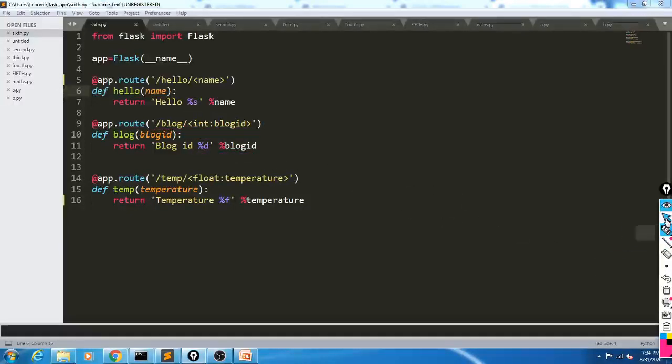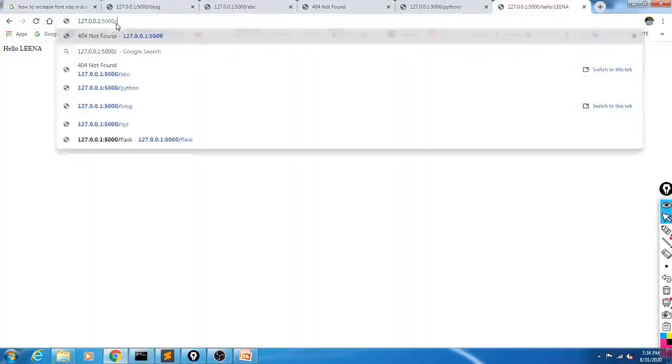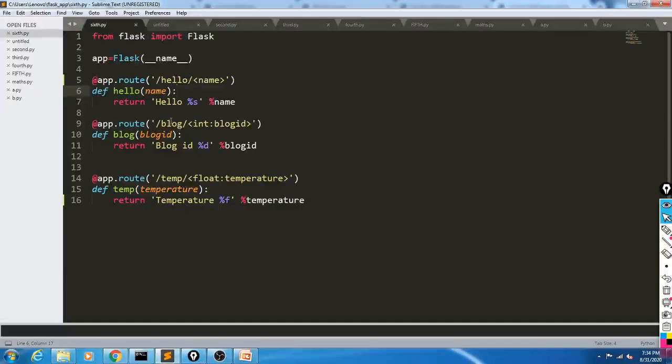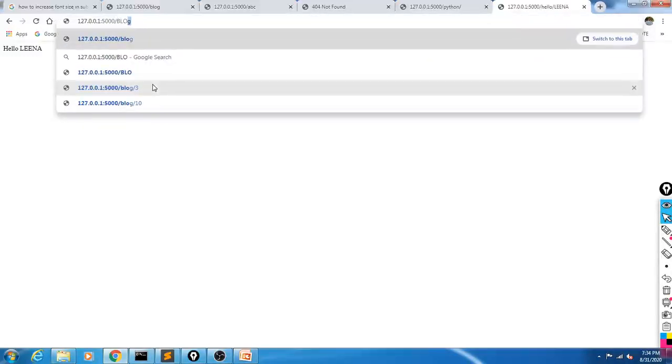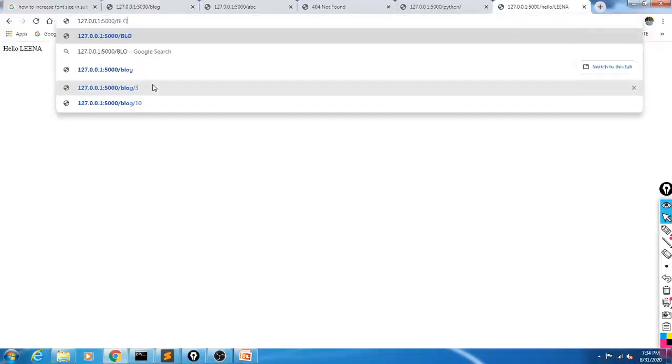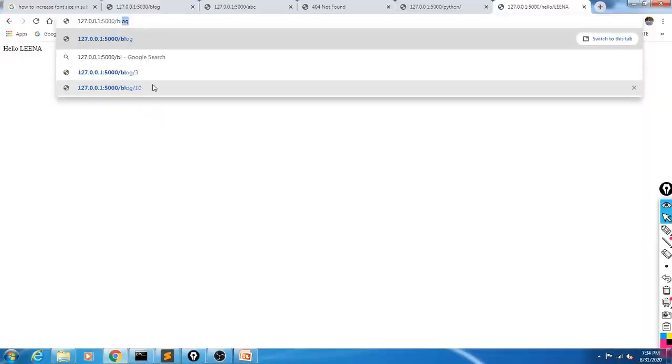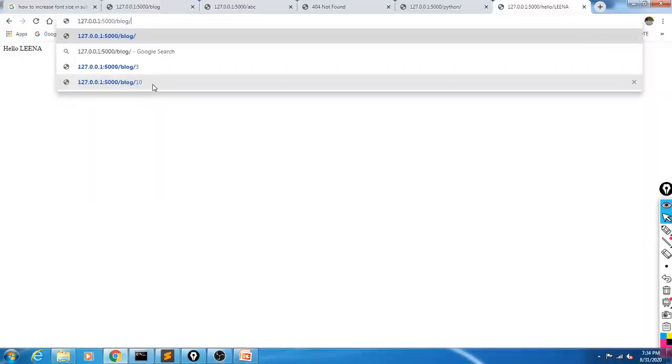So how does it execute? Look here. Again, right here, what is the name of the function? Yes, URL /blog. So change it right here to /blog, and we are going to pass an integer value. So write any value here, suppose the value is 5. /blog/5.